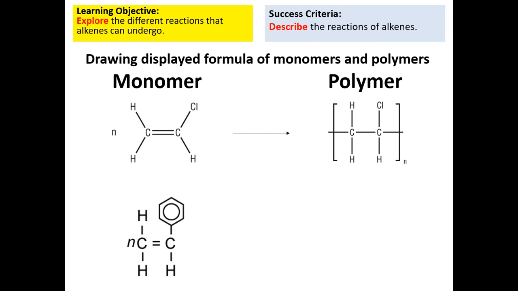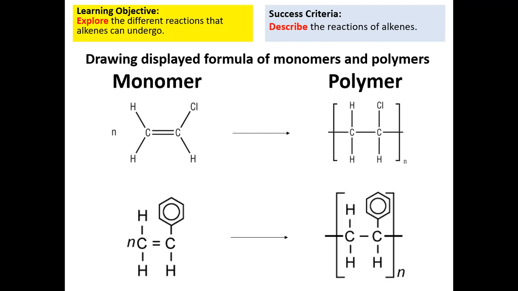So now if you look at this example, it seems a lot more complicated because we've got this hexagonal ring called benzene in there. Doesn't need to make it any different. It doesn't need to be difficult. Same method. You get rid of the double bond in the middle. You put some brackets round, 2 new bonds, and just make sure that whatever's attached to the carbon atoms is attached in the same place. Very, very easy. Might be worth you copying an example down so that you know what it looks like